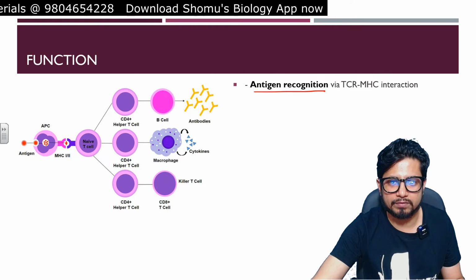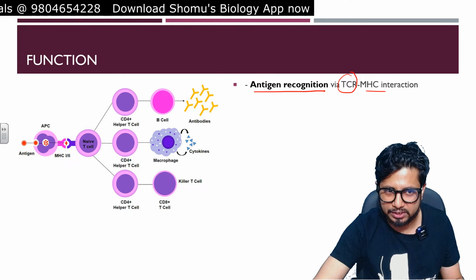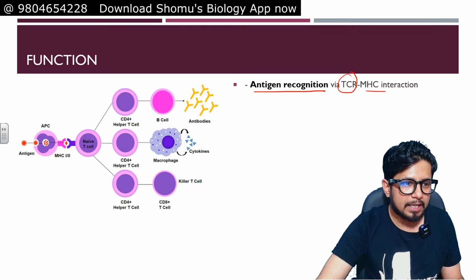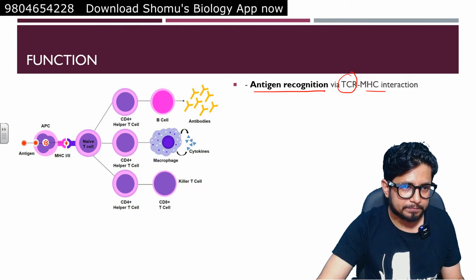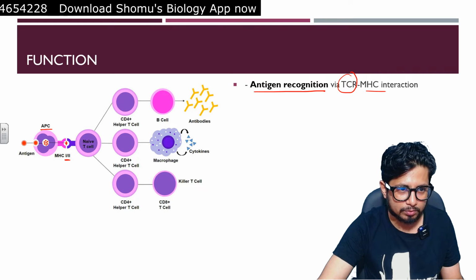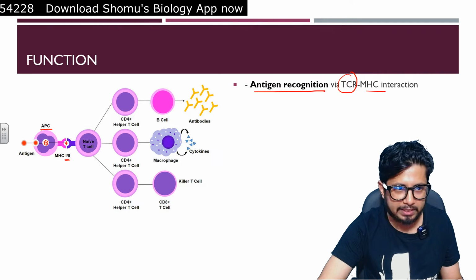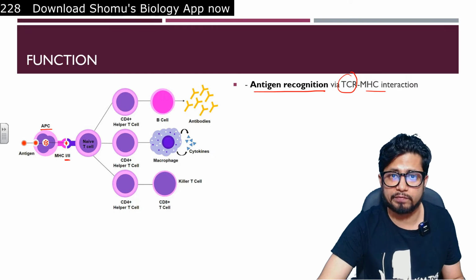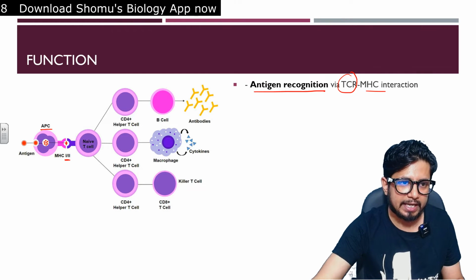Antigen recognition via the TCR MHC interaction. Okay, so basically let's say here we have the antigen processed by antigen presenting cells, and it is showcased by MHC class 2 to the naive T cell. Naive T cells don't know anything, they are not differentiated yet, but due to this interaction the naive T cell